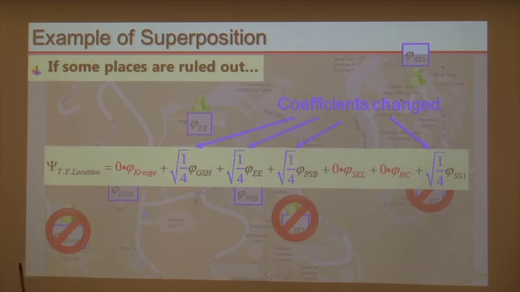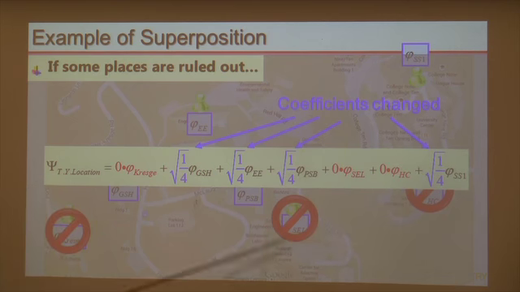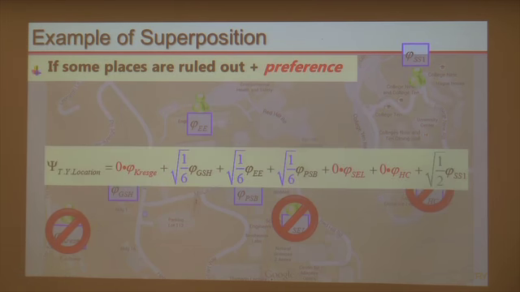other locations increases. The increase is reflected in the expression as the coefficient increasing, because we know the probability of finding me here is actually the square of this coefficient. Okay? Clear with that? Okay, let's say, but if with some preference, then you say, oh, you check